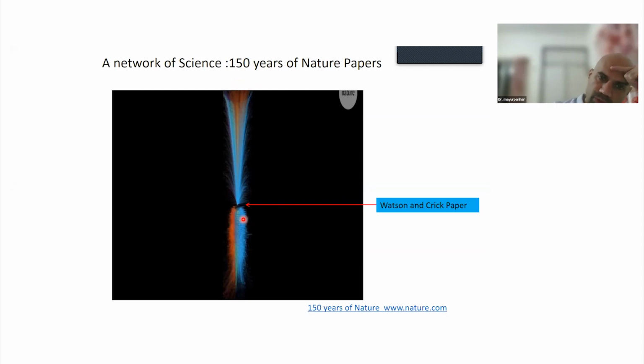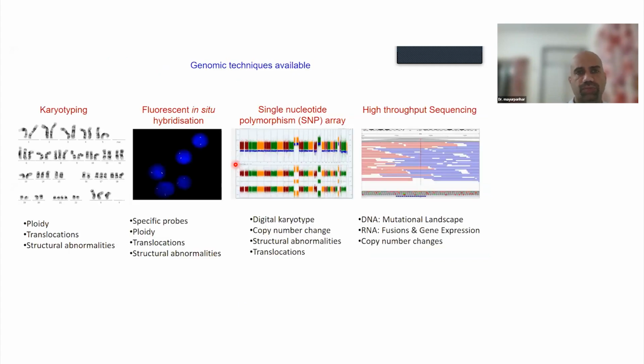So you see, before this point where the Watson and Crick paper came about the structure of DNA, there were very few papers on genomics. Watson and Crick referred to a lot of papers in order to describe the structure of DNA. And once that was discovered, there was a huge change in understanding the DNA, understanding the biology, and in developing technologies. And then you can see there's a fountain of papers that came on genomics.